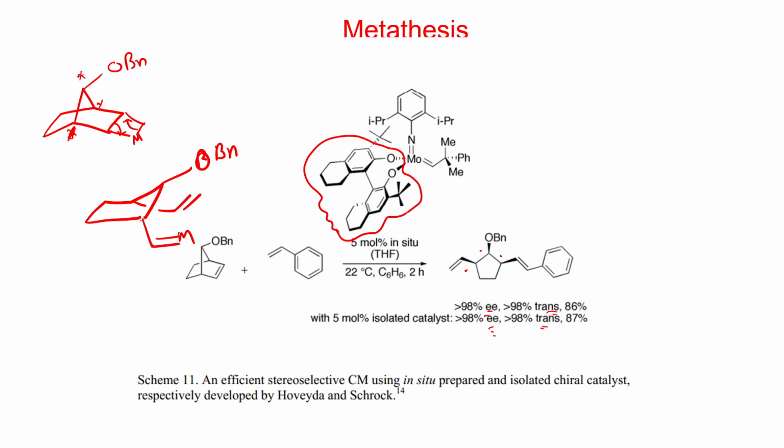The selectivity is driven by the use of this final thing. Now after that, this unit is going to react with your styrene unit, styrene molecule, this way followed by